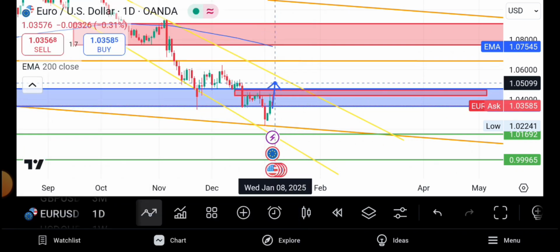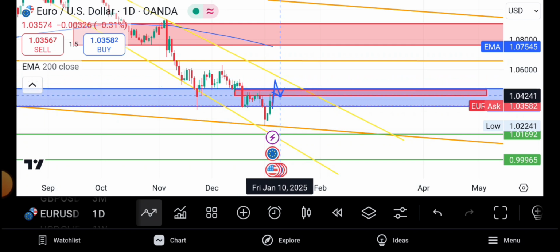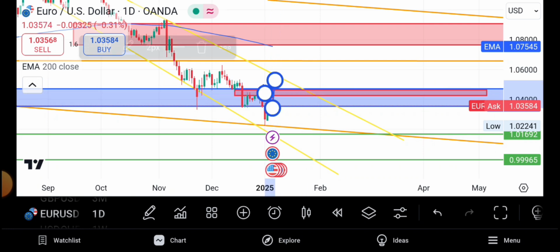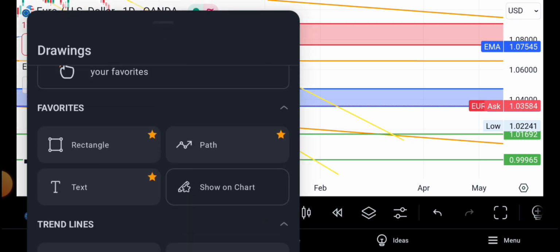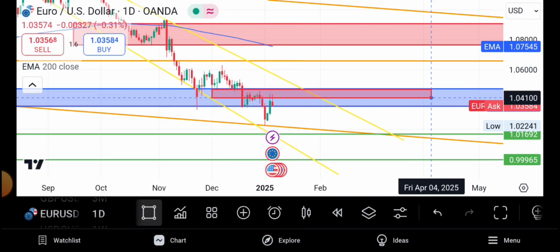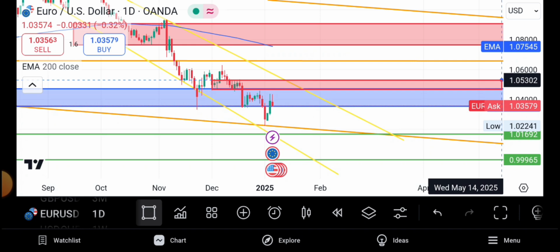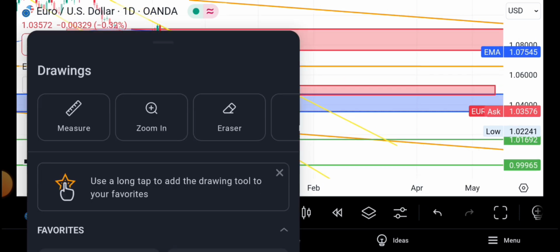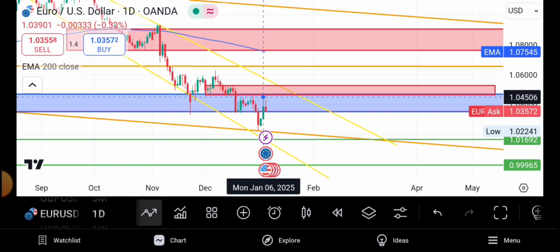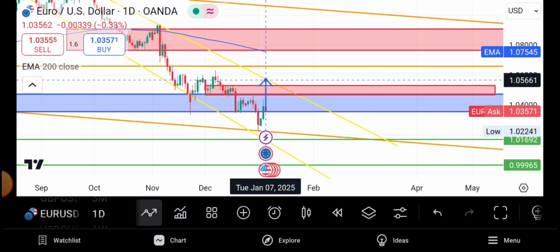Okay, let me say like this. So Euro USD, be very keen on it, because you might lose a lot of money here. Now the price action is at the critical point. How do we know that the price action will buy up to this point? That is the question. If you want to buy Euro USD, you shall wait for it to clear the daily supply zone, and then break this upper trend line like that, then retest it. Once it has retested, all these points are inducement.